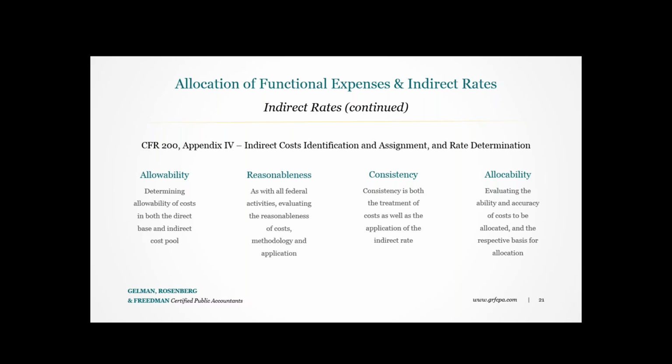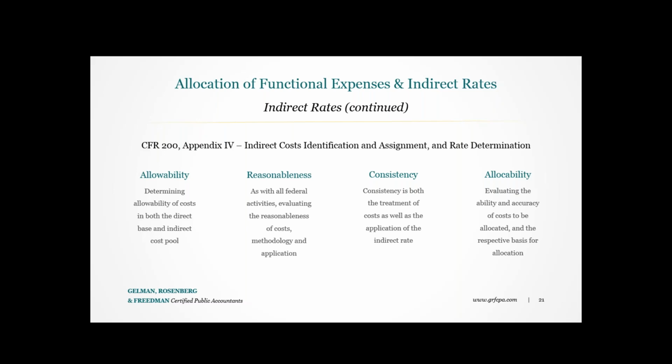consistent with policies and procedures that apply uniformly to federal and non-federal activities of the organization, provided with consistent treatment from all the activities of that organization, and adequately documented. A reasonable cost is one where the nature of the goods and services received and the amount reflect an action a prudent person would have taken in the circumstances at the time the decision was made to incur that cost. The cost should be recognized as ordinary and necessary for the operation of the organization, the performance of the award, and it should be incurred in an arm's length transaction.